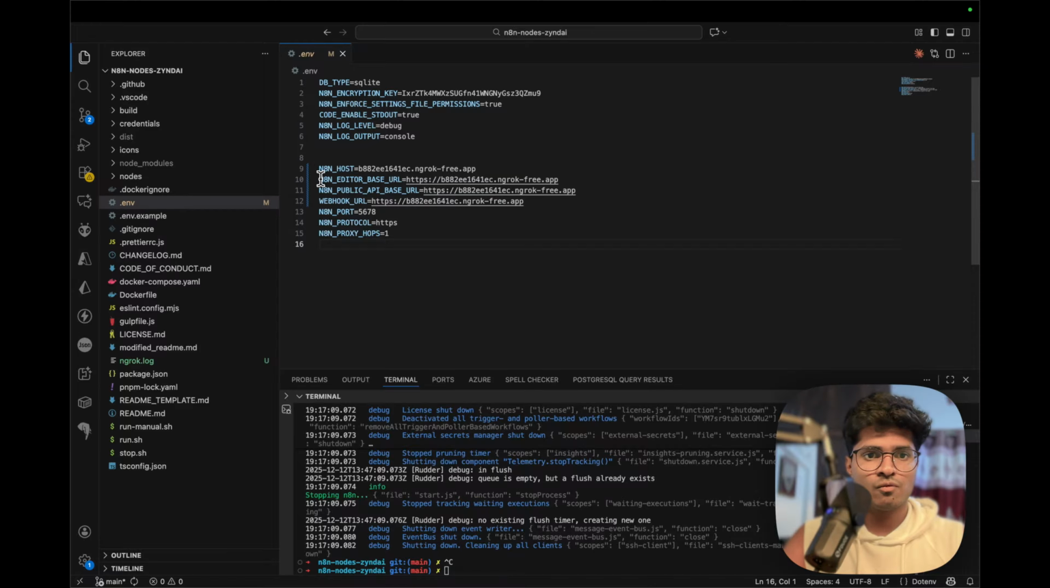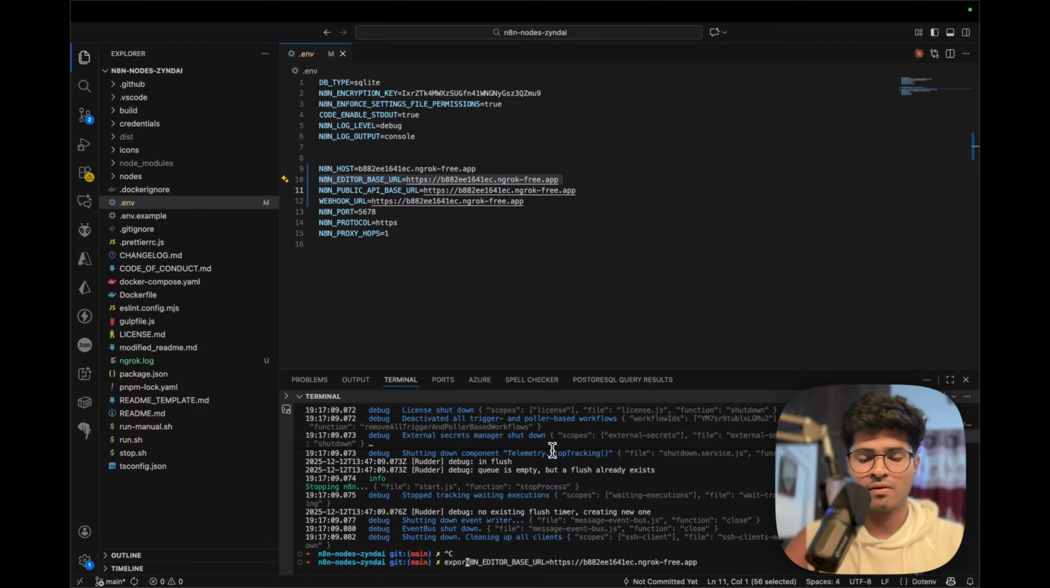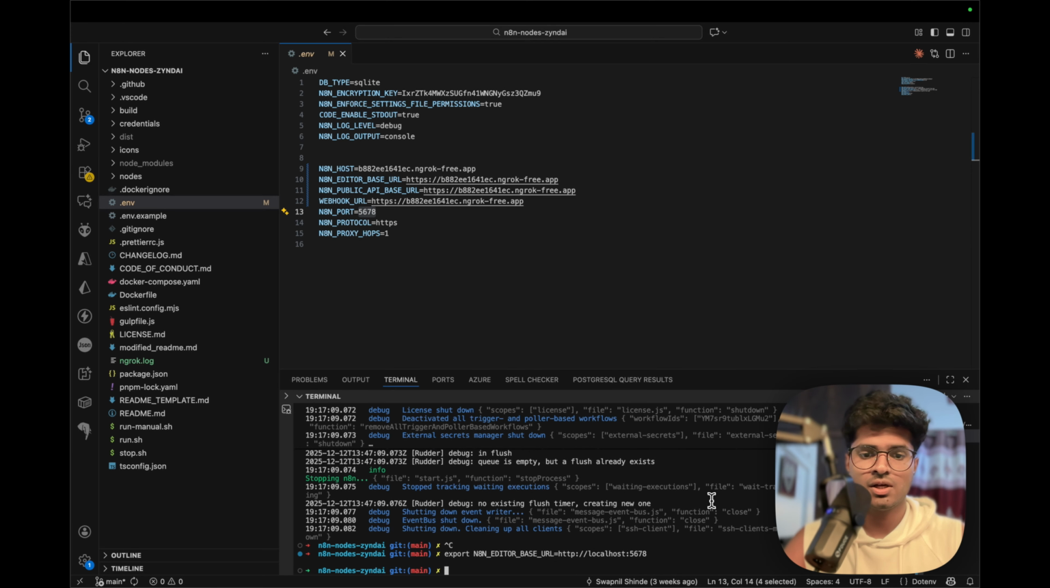For that, you just have to go to the .env and export all these three variables as localhost, HTTP, then localhost 5678, because as you can see I've mentioned the port as 5678. That's why I'll copy this, and